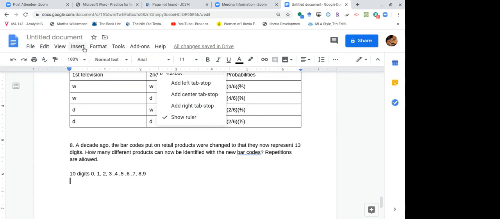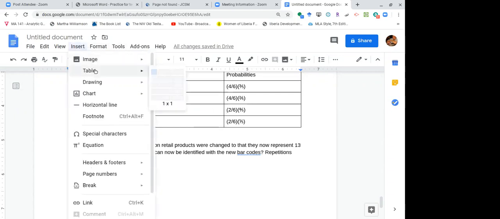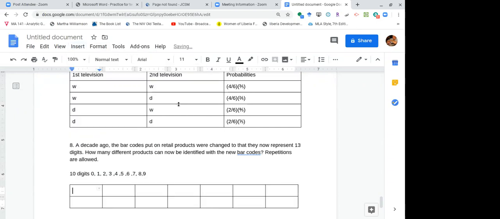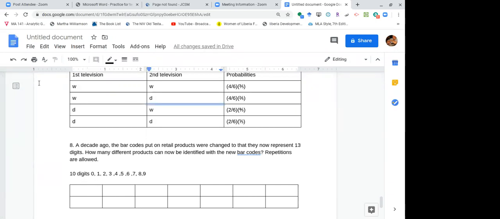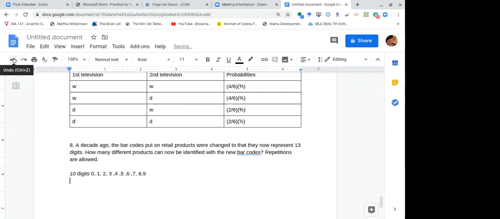Oops, no, insert table. You can say hi if you want. Or do that. Okay, let me undo it. So you have a 13-digit number here, and you have 10 choices for each. So the number of combinations is going to be